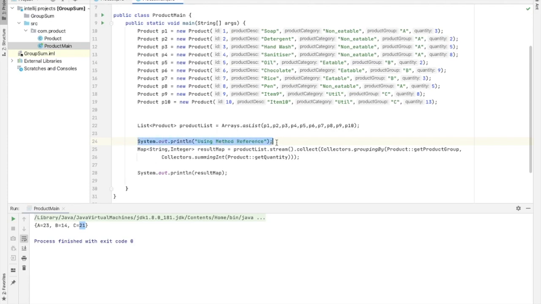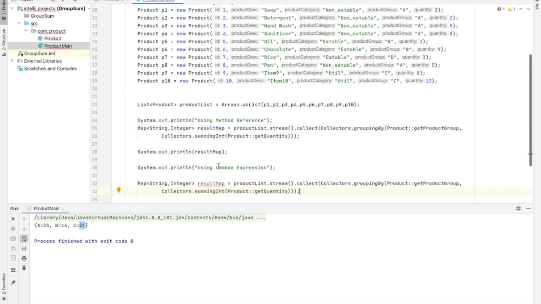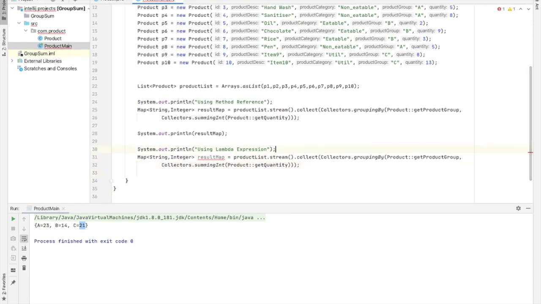Likewise, we can also perform the summing operation using lambda expression. So, using lambda expression. So let us copy this code here. Just align it.